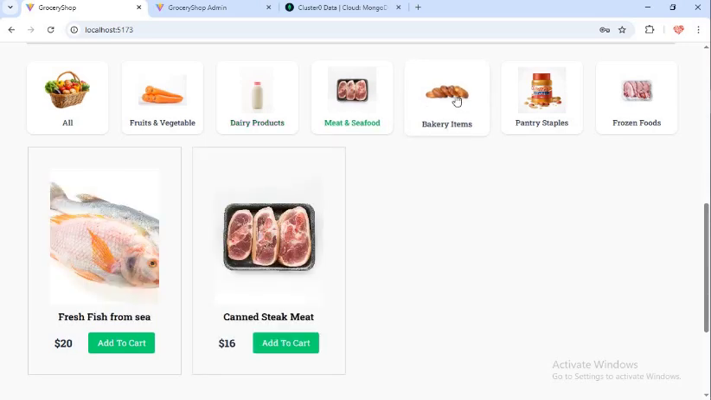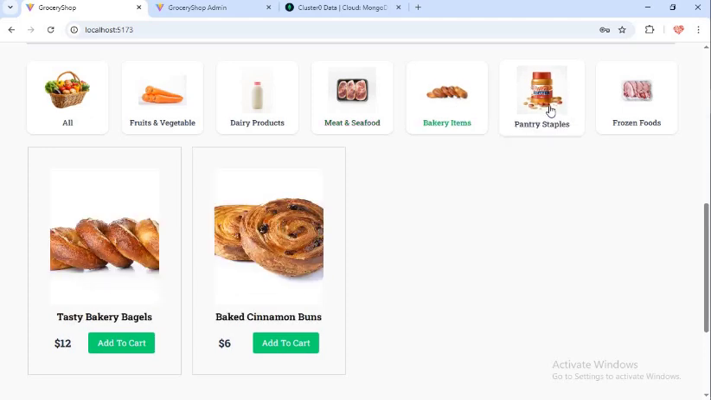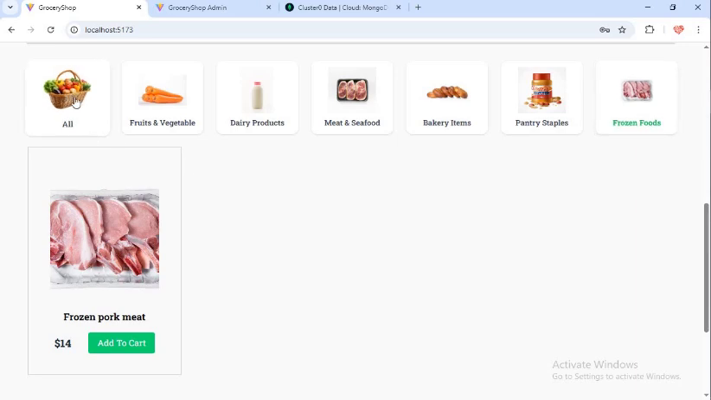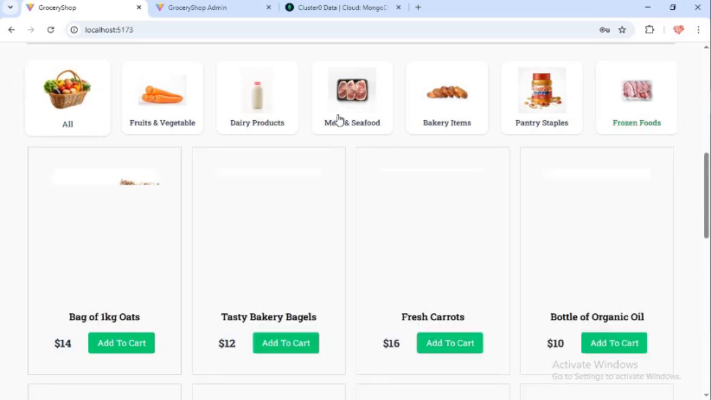If I click on bakery items, it's going to do the same thing as well. If I click on pantry staples, we're going to get the same thing. If I click on frozen food, it's going to be the same thing. So now I'm just going to click on all so that I can see the whole list of items that